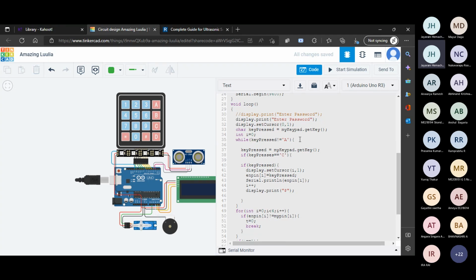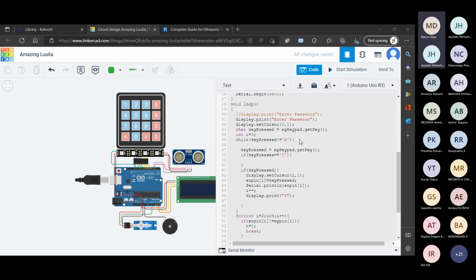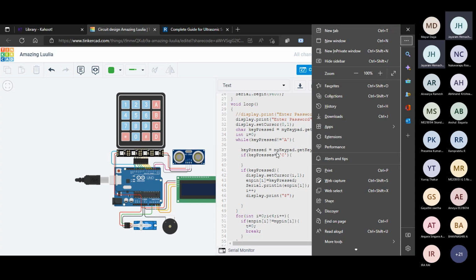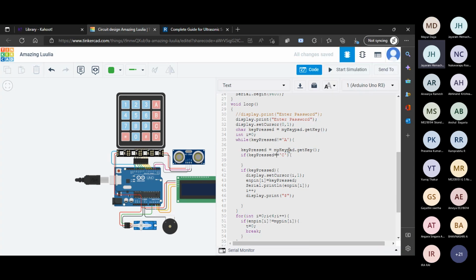Jairam, you wrote key presses by mistake. Key press, you write. Okay. If key press is equal to C, this has to clear the screen, right? Till now, this will be running when we enter the password. The first line will be filled with enter password, and the second line will be the password you wrote in dollar symbols, right? So we will be typing display.clear,